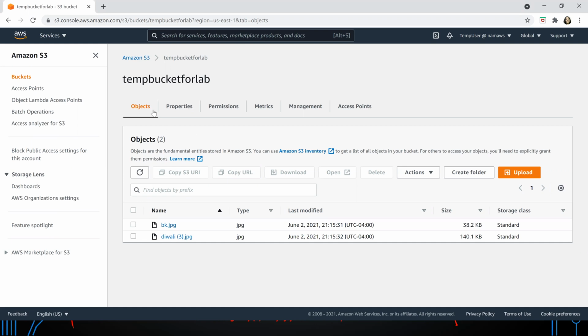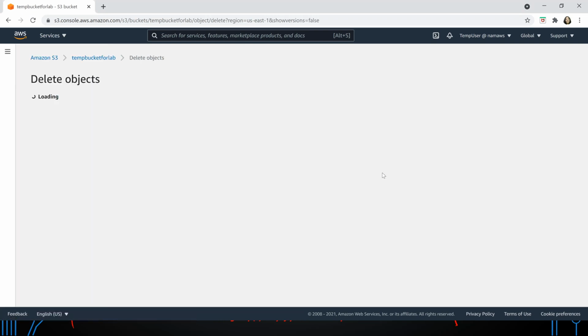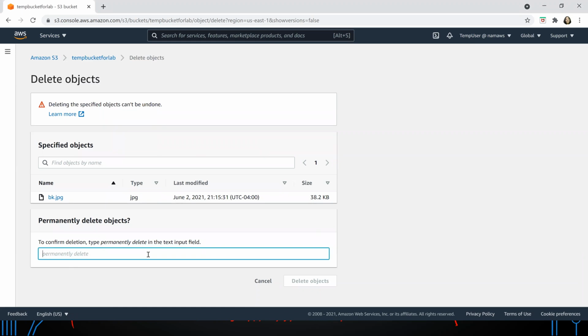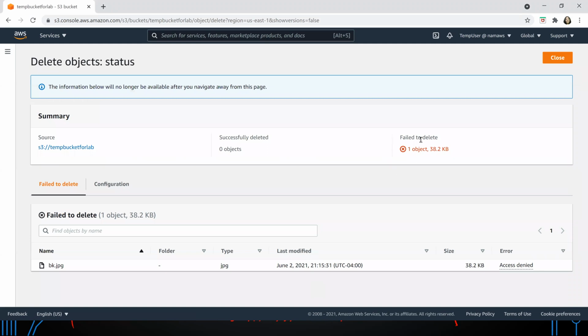So if you're trying to, let's say, delete a bucket or even delete an object or anything of that sort, that shouldn't be permissible. So let us try and delete this. You can see the deletion failed and the reason is access is denied right there at the bottom. So at least the read-only part is working.